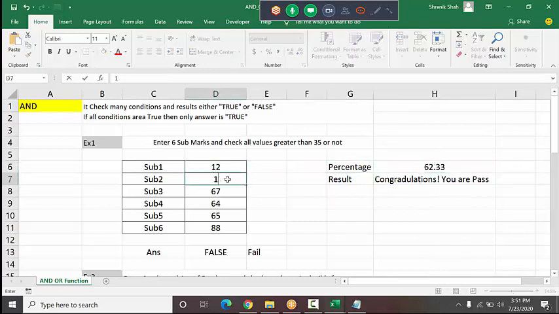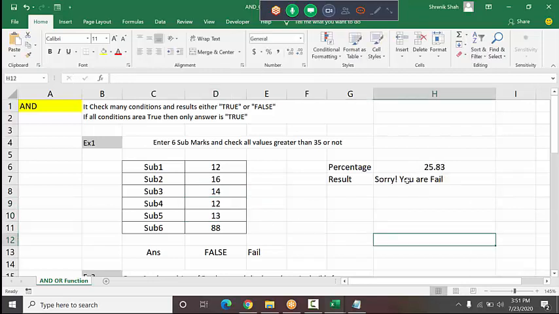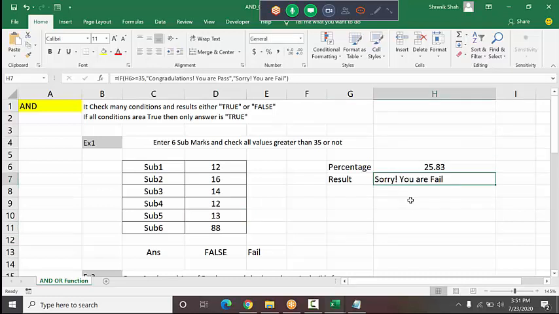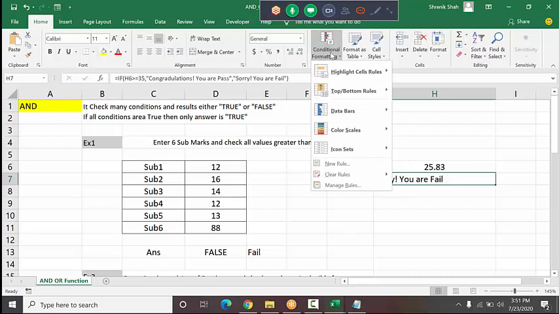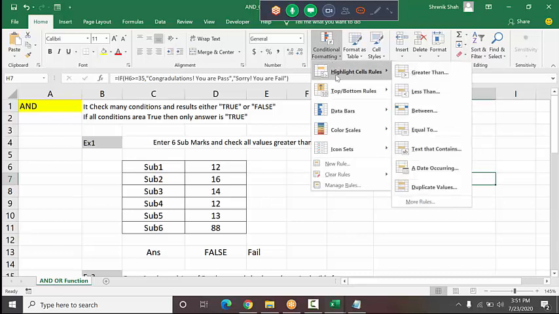Let me try some less marks. Okay, we fail the student and see, it prints sorry, you are fail. And what I added in it is, I select the cell, then I click conditional formatting, then I click highlight cell rules, then I click the text that contains option.